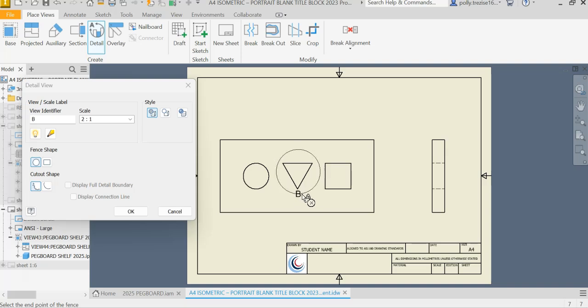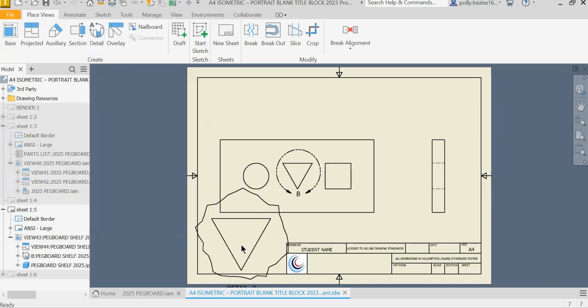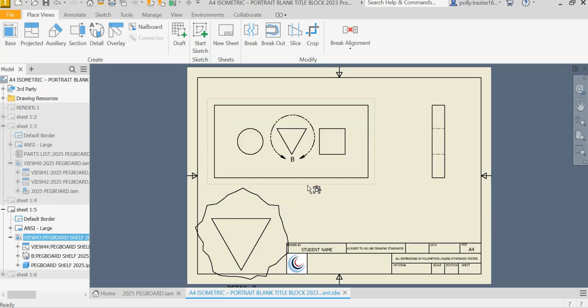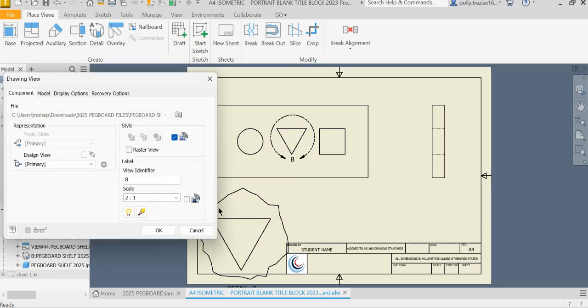Alright, so then click to finish the circle, and then when I move my mouse I can locate that detail view. Now this view is upside down compared to the one I've drawn, so I could flip that around so the triangle is the same, but that is still quite good for what we want. But we can change the scale of this. Let's make it 1:1,